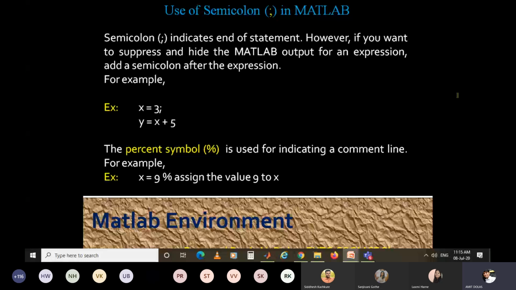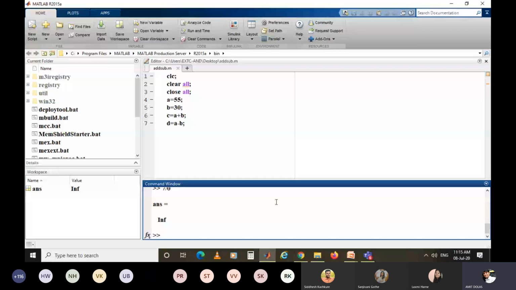For example, x is equal to 3, y is equal to x plus 5. So you can write this kind of program: x is equal to 3 semicolon, and y is equal to x plus 5. So the result is 8.